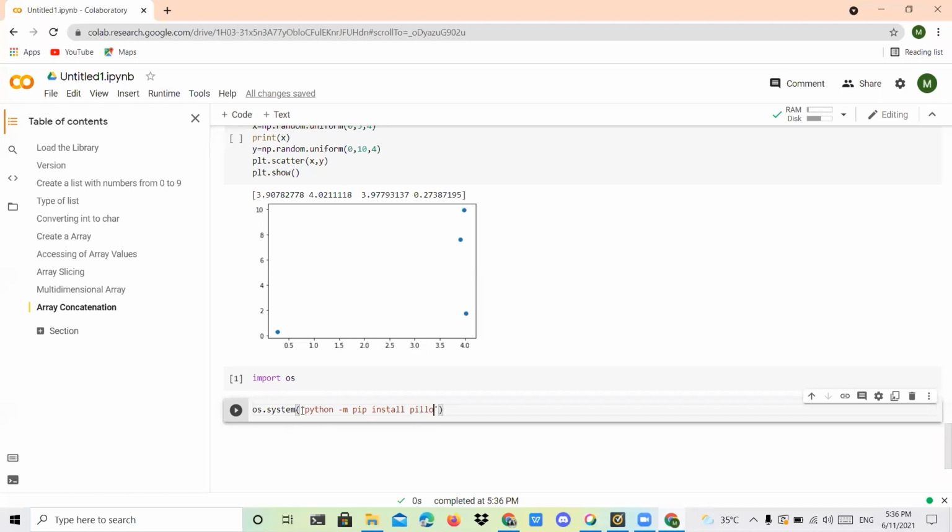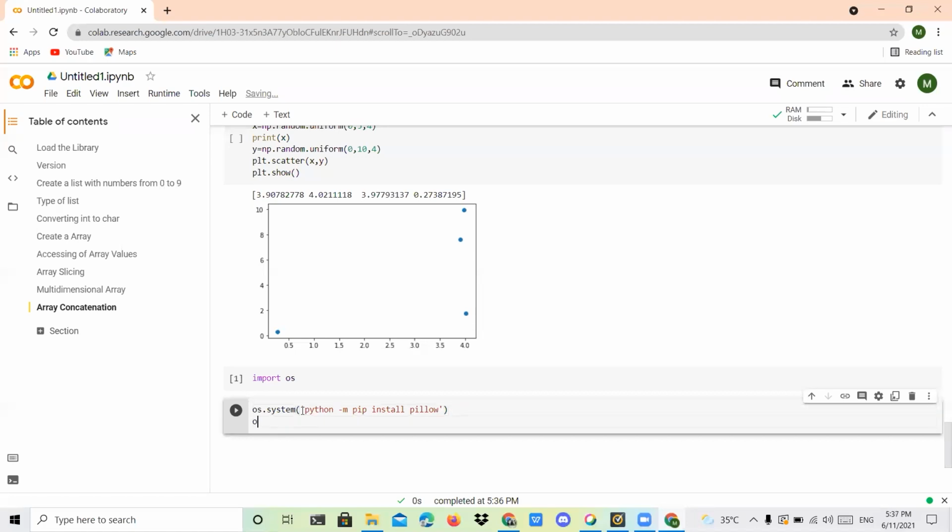This is one library. With these libraries we can handle our images. The next library is os dot system, within brackets, a single quote, Python -m pip install dlib. This is another library.